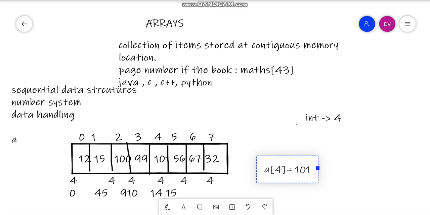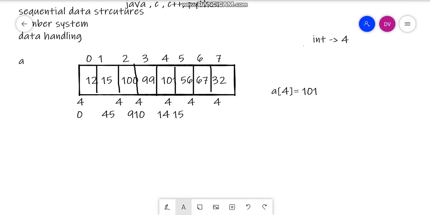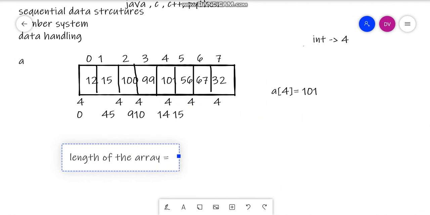Okay, this much is enough. Let me tell you about some of the syntax in Java. I will be dealing in Java, but if you want other languages, you can comment down below which one I can use. Let me take some terminologies. If I want to get the length of the array, how will I get it? With the formula array name dot length.